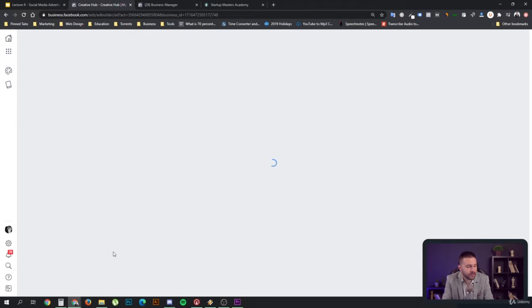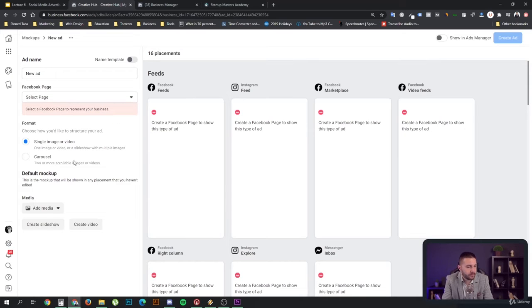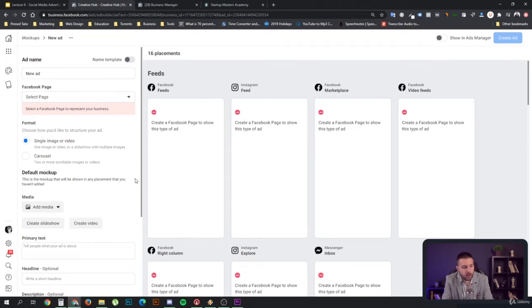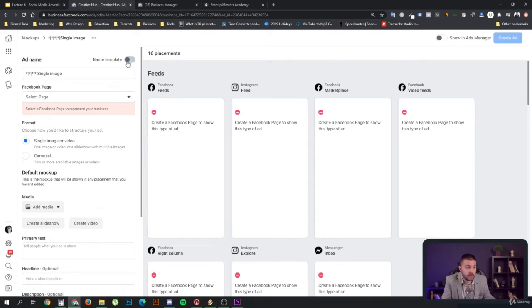So let's create our first mockup and see in which cases Creative Hub can be useful and what are its limitations. So first of all, we can use our name templates, but we are creating a mockup, and the idea of this mockup is to be able to use it in various different campaigns. Well, the name template doesn't make sense here in that case. So we are just going to have to name our mockup. So let's call this standard